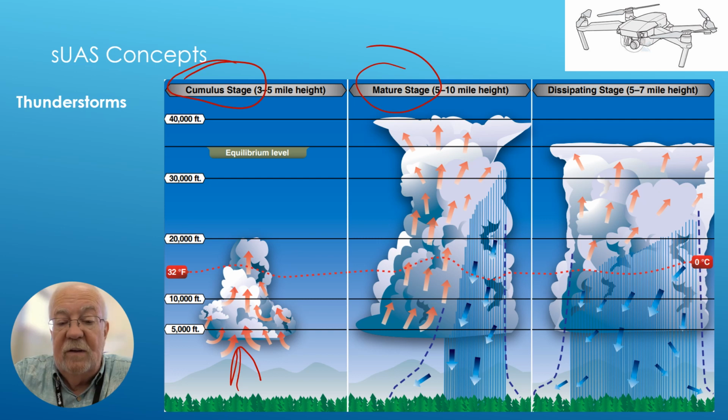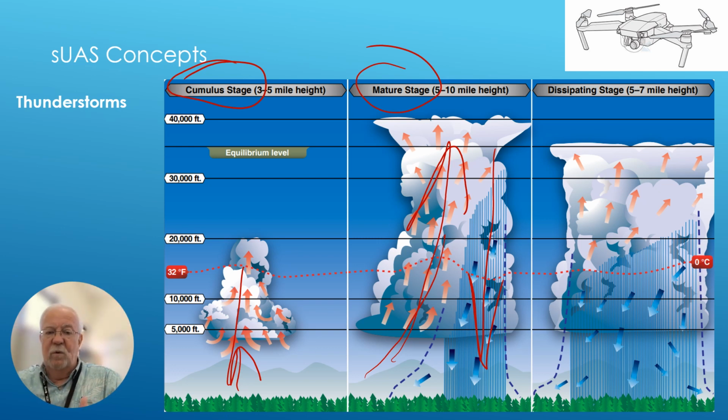So you still have updrafts. You have updrafts in the cumulus stage, which is what the word cumulus means. In the mature stage, you have updrafts where the air is being pushed up and cooling, and you also have downdrafts where the rain is falling and pulling some of the air down with the rain. So there is a lot of turbulence in there because you have these two opposing air movements. And then we have the dissipating stage, where it's run out of energy. The rain has perhaps cooled the ground underneath it, or for whatever reason, it's run out of energy and it's almost all downdrafts with rain.